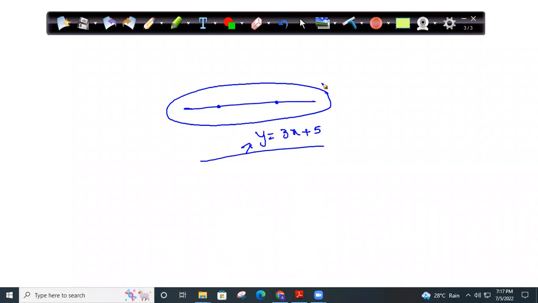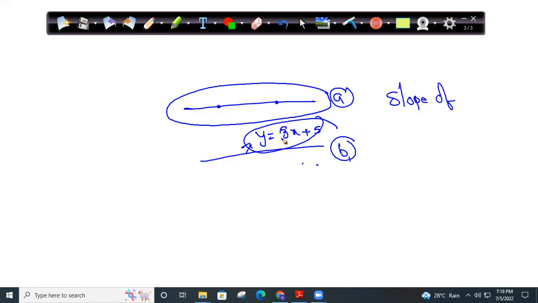Yes, suppose I say line A, line B. I know the equation of line B, and I know line A is parallel to line B. Then the slope of line A would also be... what is the slope of this? 3. What is the slope of this? 3. So the slope of line A also would be 3. So when two lines are parallel,